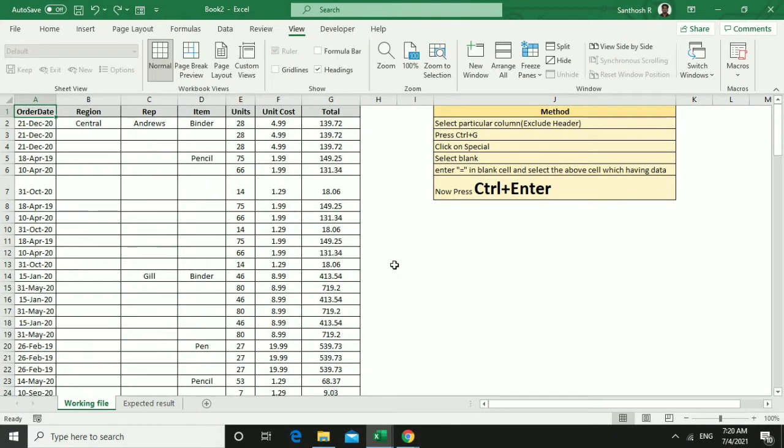Here I have a set of data which talks about order date, region, rep, item, units, unit cost and total. And we can see there are a lot of blank cells. These blank cells belong to Andrews, who purchased binder and pencil on these particular days. So the task given to us is we need to fill those blank cells